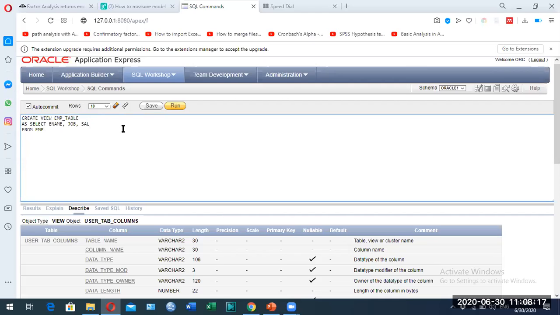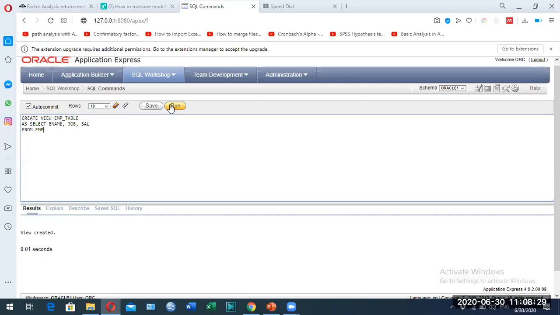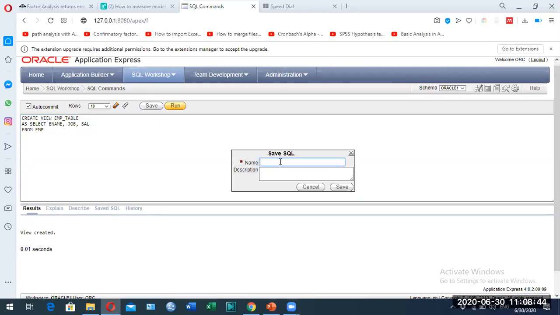Okay, if you want to see specific restricted data only, use the views in your project, so you can use the view instead of using the complete query. Here the view is created. Then if you want to see the created view, you simply write these queries. You can save this query.